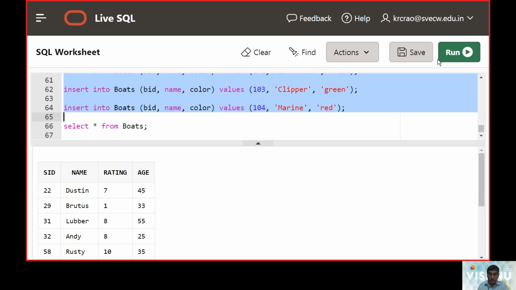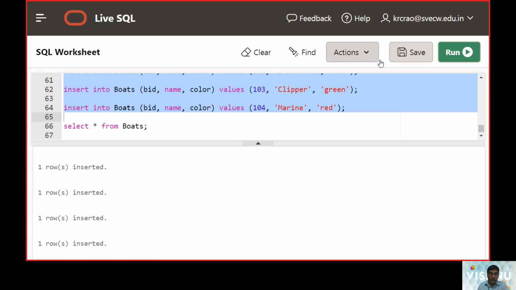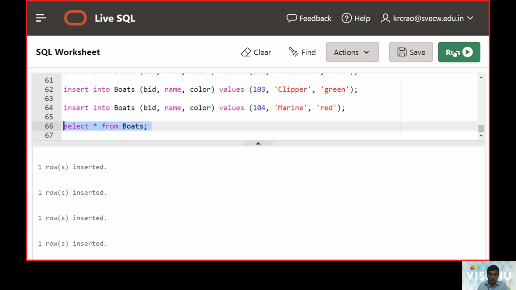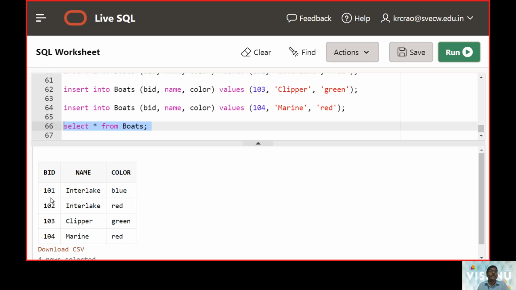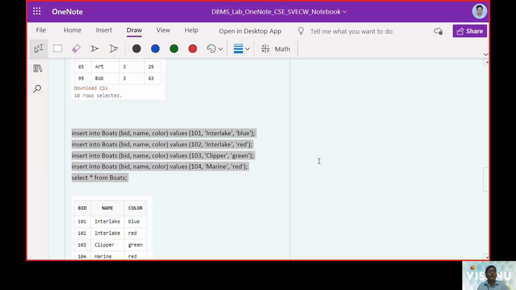That's the reason we give these insert commands with unique values, and characters are given with single quotes. Now we have taken 4 rows here. All the 4 rows, 101, 102, 103, 104, were inserted at this point.